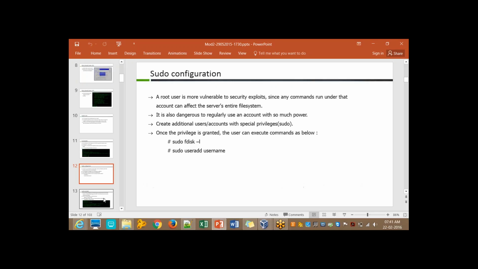So we need to give admin privileges to all these users. We cannot simply rely on the root account all the time. So the process in order to grant admin privileges to these users is the sudo command. So using sudo we can grant the access. So using sudo means there is a file